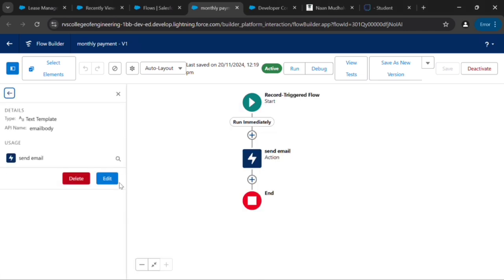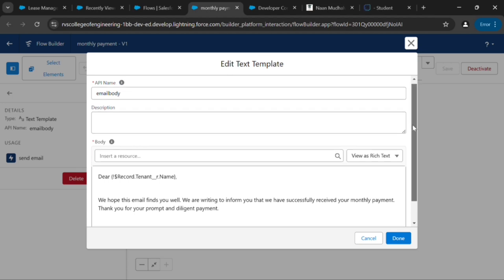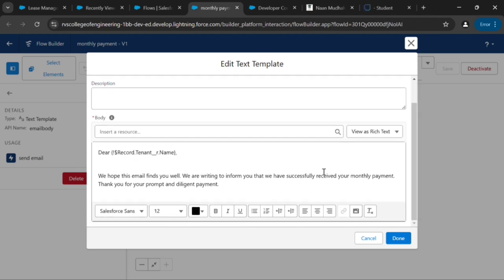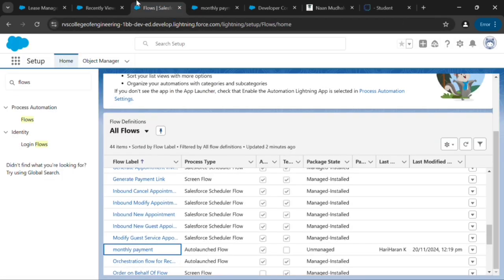The send email body consists of the email body, and the body consists of the mail message. We hope this email finds you well. We are writing to inform you that we have successfully received your monthly payment. Thanks for your prompt and diligent payment. If the user wants to create a new tenant, then the mail will be sent to